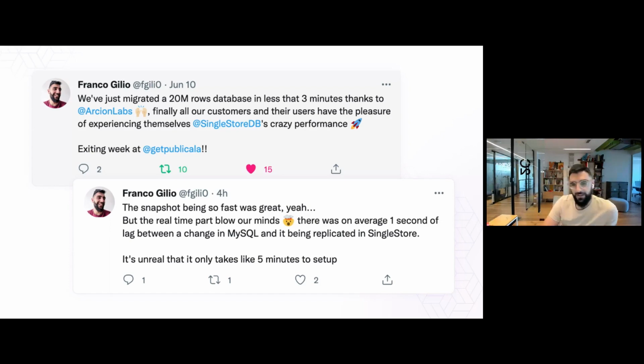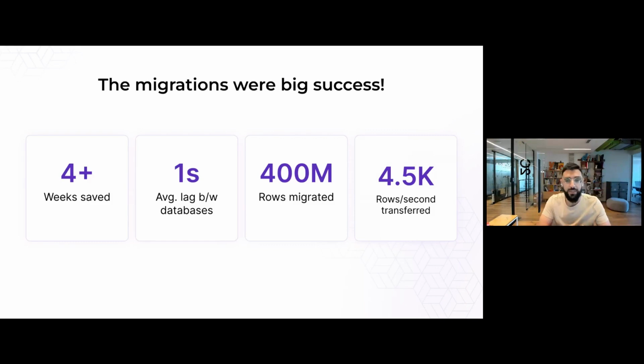So I think I said it many times, but we were extremely surprised. At the end, some of the highlights of our migration: we estimate that we saved more than 4 weeks of development work and planning and a lot of headaches and possibly also a lot of downtime. The lag between the databases, again, was actually less than a second, between the different tables of the databases,